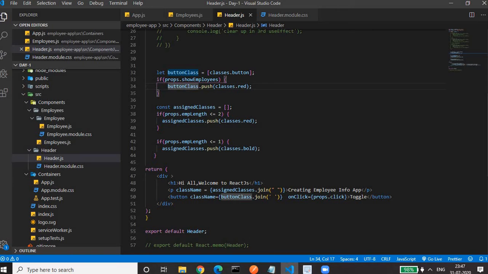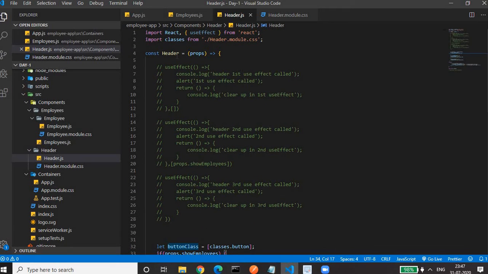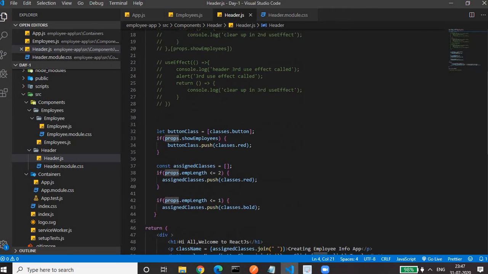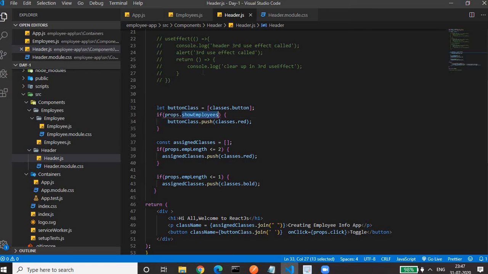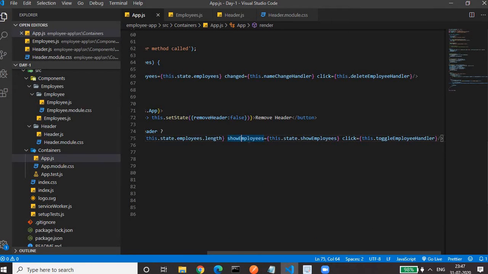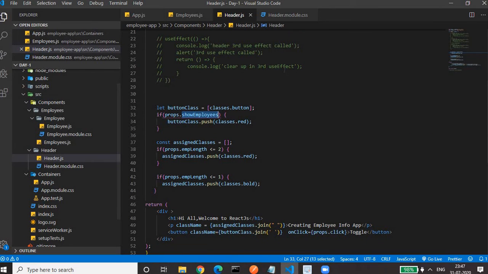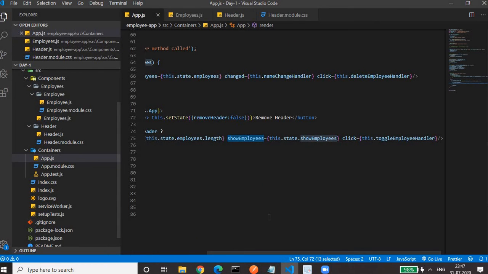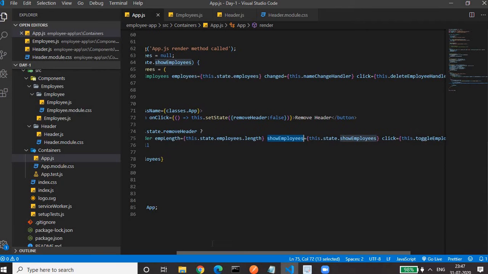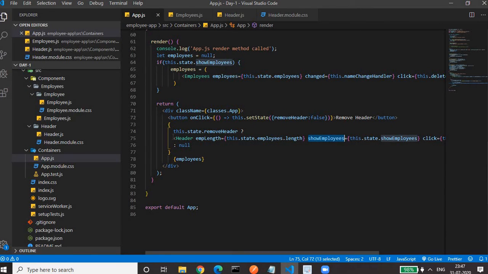As it is a functional component, it has a parameter props. We get access to those props by using props dot the name that we have provided in the app.js file. This is how we move the code from here to here, so that our app component only contains the header tag, nothing else. We should always aim to keep less code within this app component, which is the main component used for managing the state.